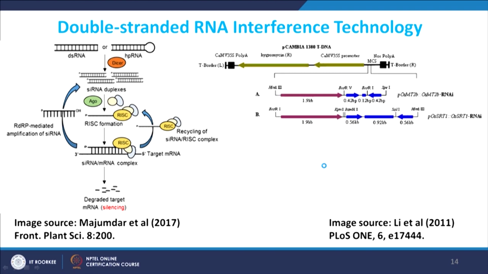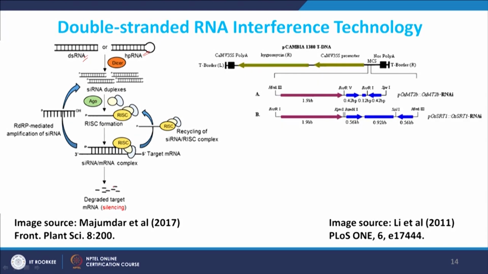So if you look at the general mechanism, there are two ways: either you have a double stranded RNA or hairpin RNA. This will undergo processing through Dicer or Argonaute mediated processing, then uploading. This I will not go into in detail, I am sure you would have already studied it, and then it generates